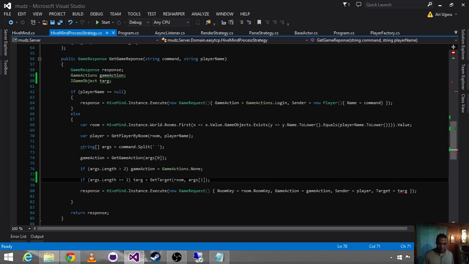All right, so we've got two little checks here that say if the argument length is greater than 2, meaning if somebody types in three words, we just say, hey,